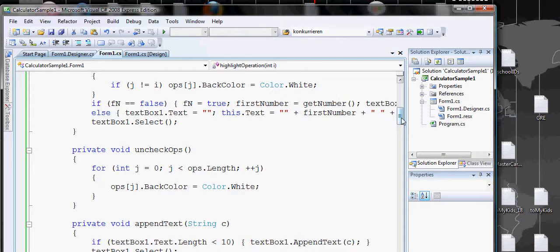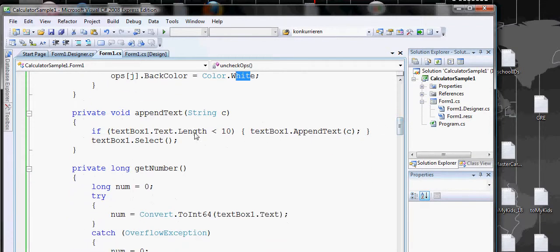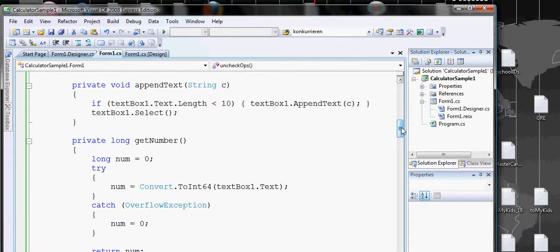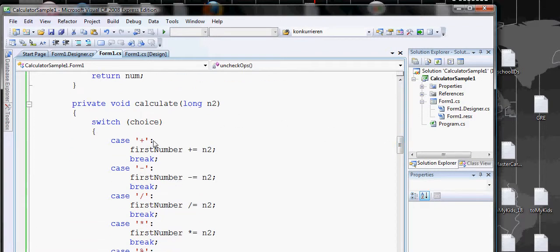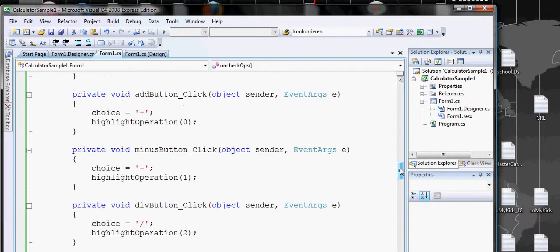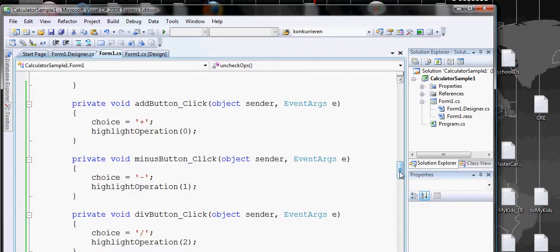This one is for when I click clear: I want all the operations to be unchecked so everything goes back to white. And this is append text. It makes sure that the length is less than 10, though in our program I guess it's less than or equal to 10. And this one is calculate. Choice always stores the plus or minus, and it does the operation. This is the add button, the minus button. I have renamed the